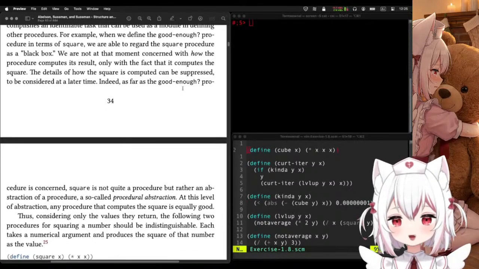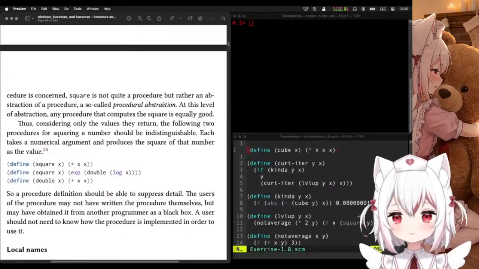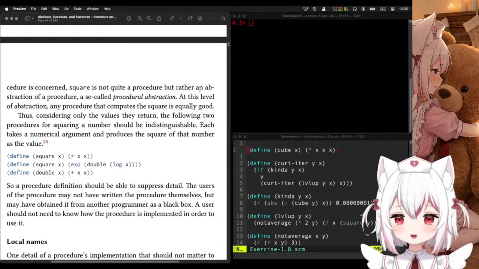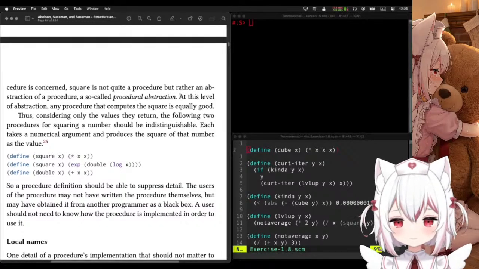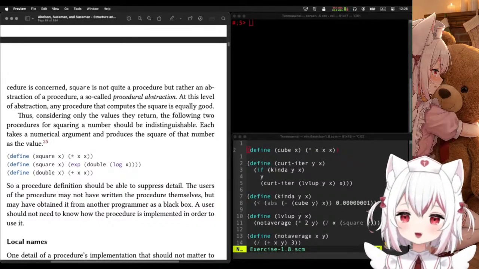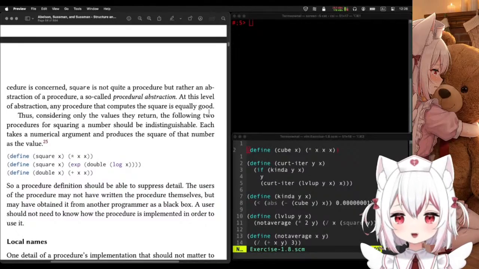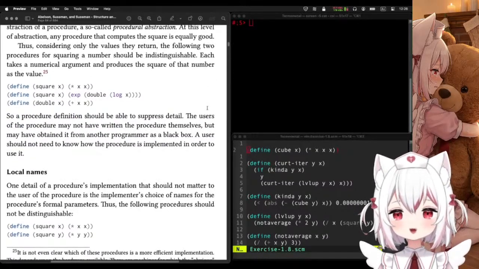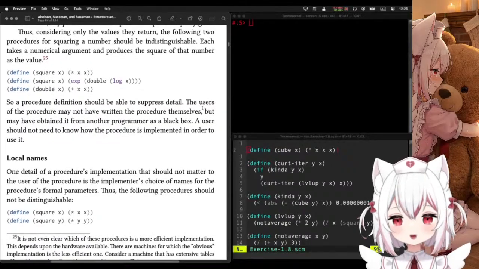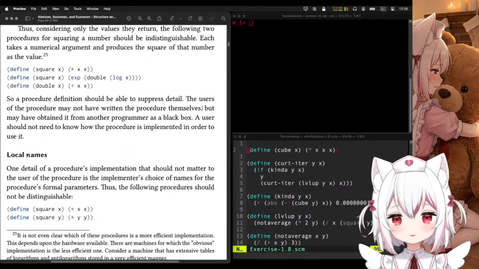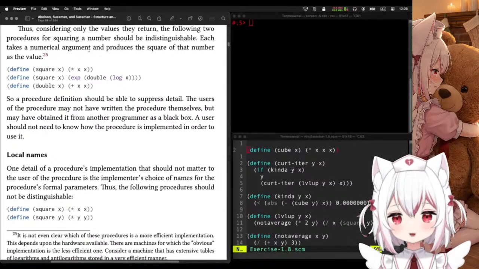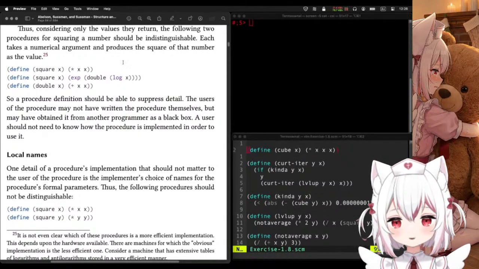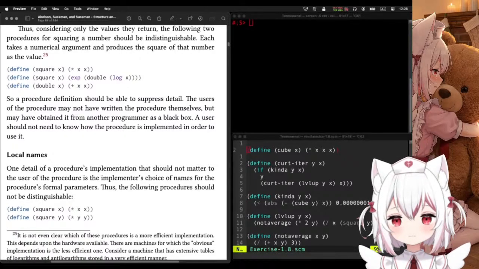Indeed, as far as the good enough procedure is concerned, square is not quite a procedure, but rather an abstraction of a procedure, a so-called procedural abstraction. At this level of abstraction, any procedure that computes the square is equally good. Thus, considering only the values they return, the following two procedures for squaring a number should be indistinguishable. Each takes a numerical argument and produces the square of that number as the value. One defines square of x as x times x, or as